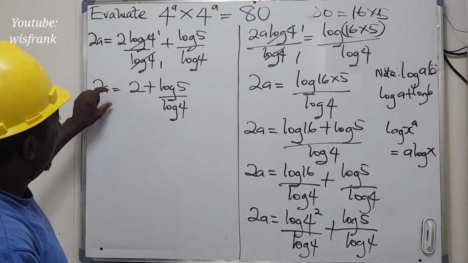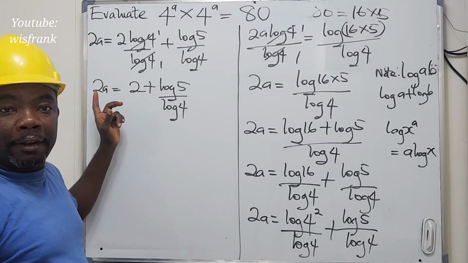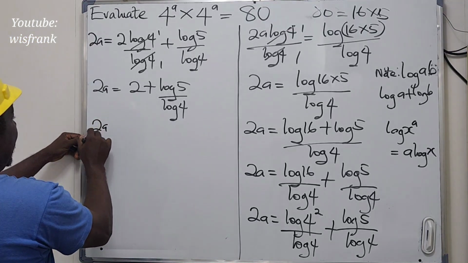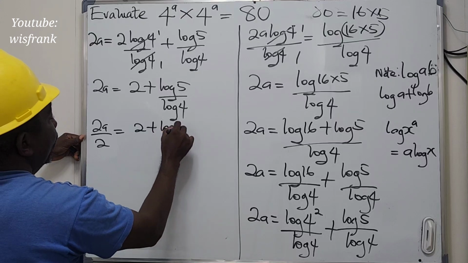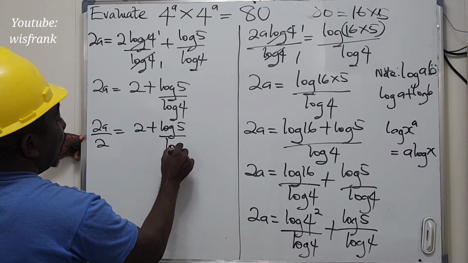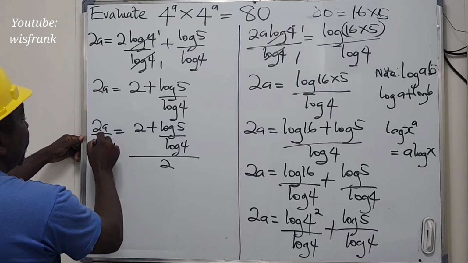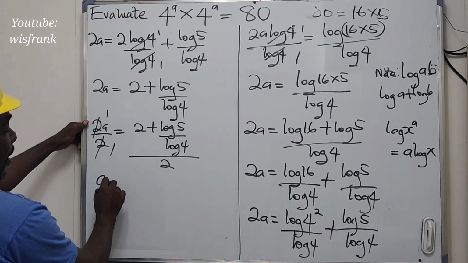So here, we still need to find the value of a. So here, we can divide both sides by 2. So this will become 2a all over 2 equals 2 plus log 5 all over log 4, all divided by 2. 2 cancel here and 2 cancel here. We are now left with a equals